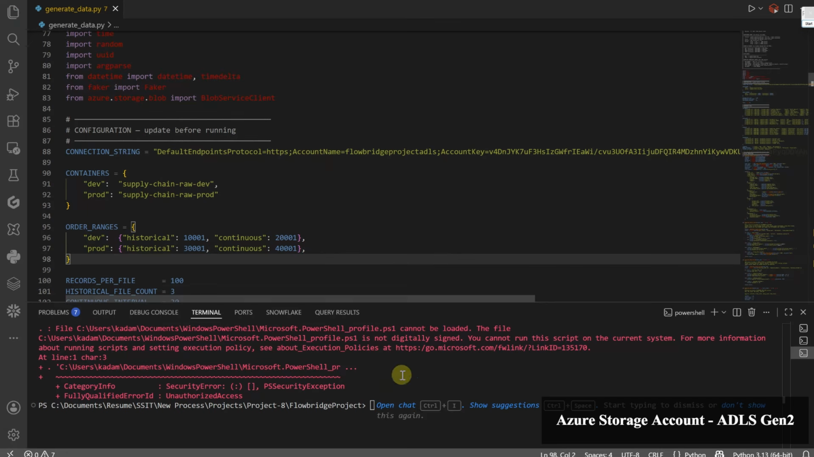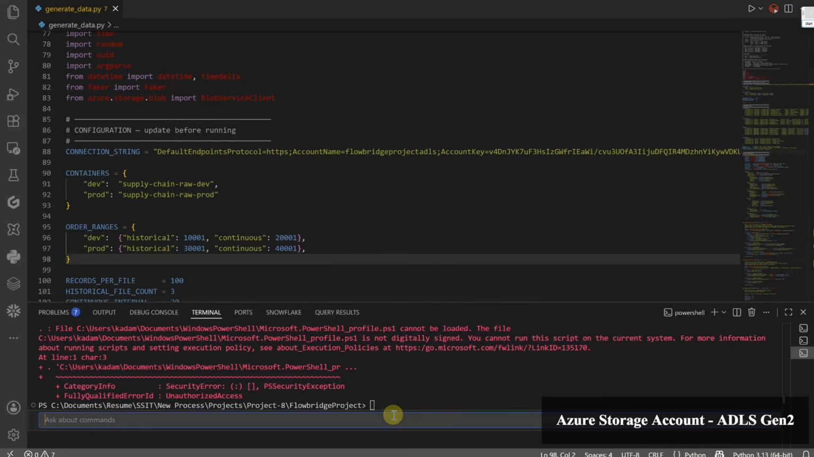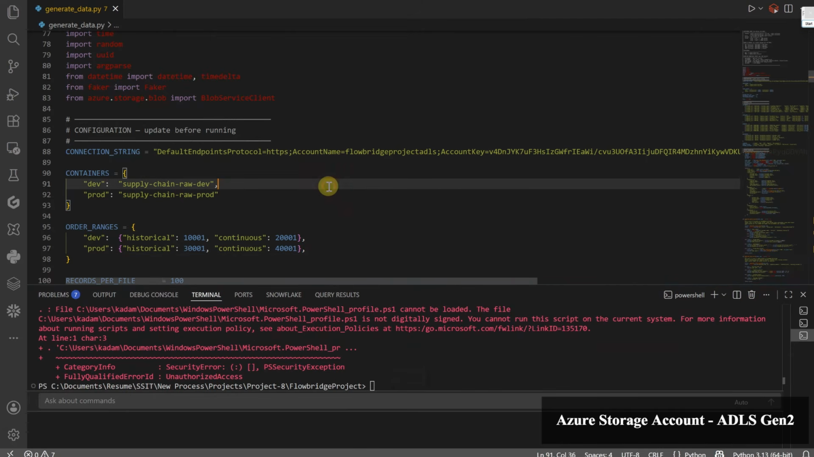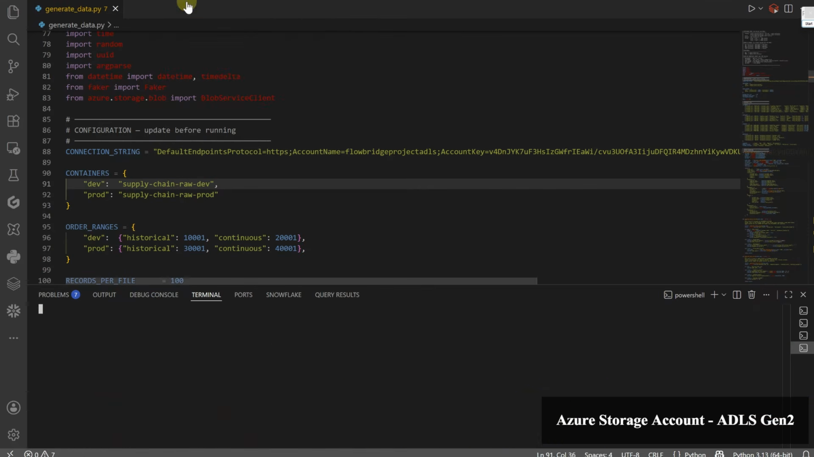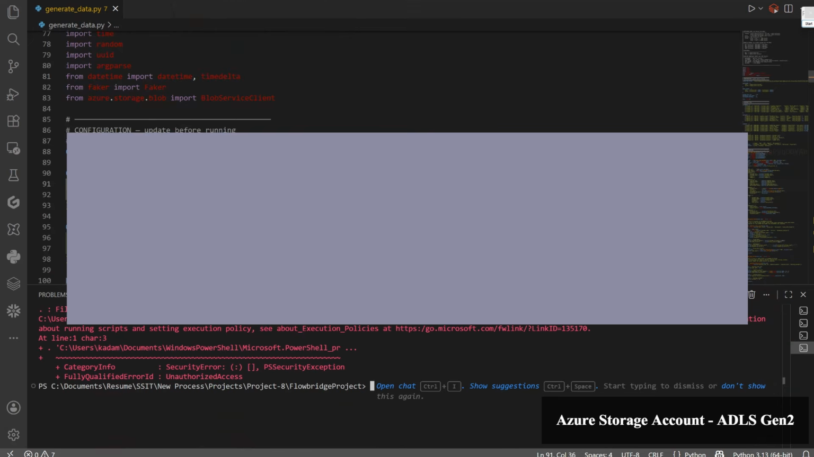Otherwise, what will happen? It will keep running these commands under this terminal, right? It will not generate those files under those containers because we haven't saved our recent changes. So make sure that you save your recent changes, then terminal and click new terminal. Okay. So now